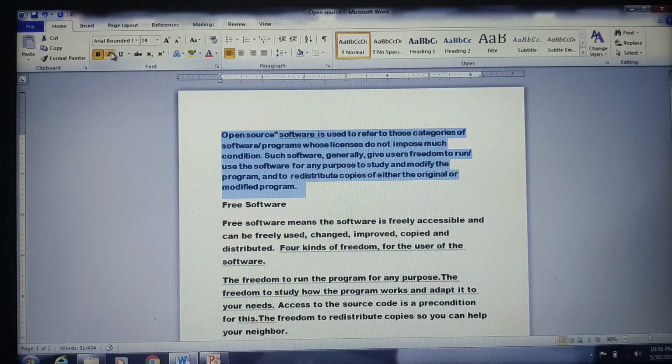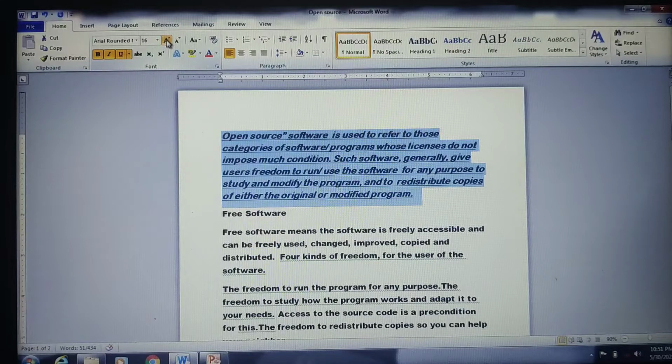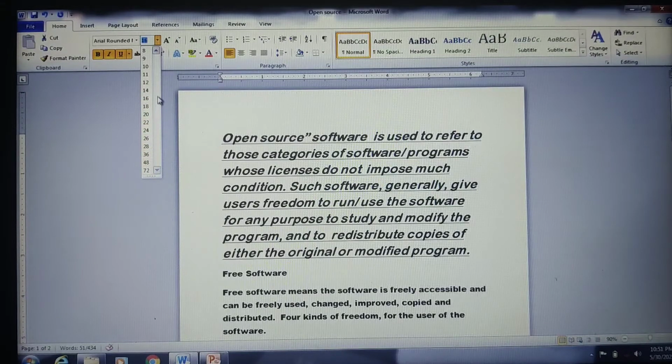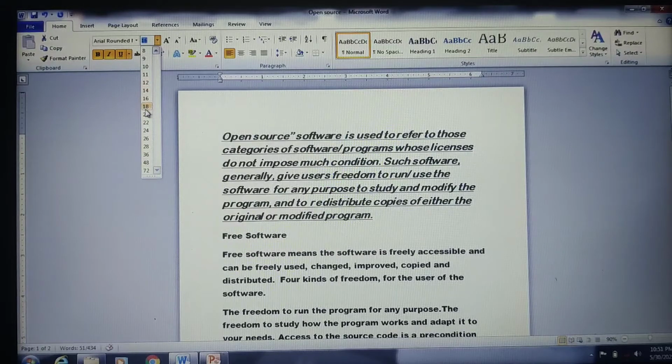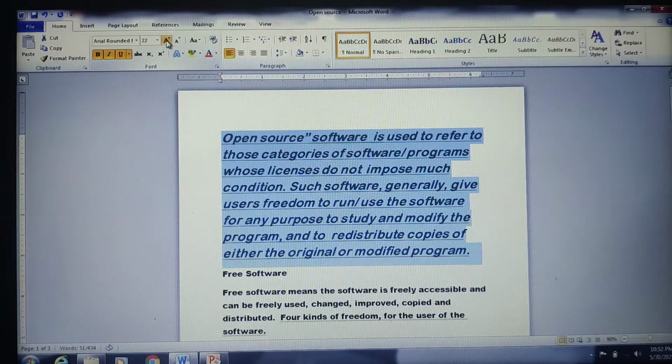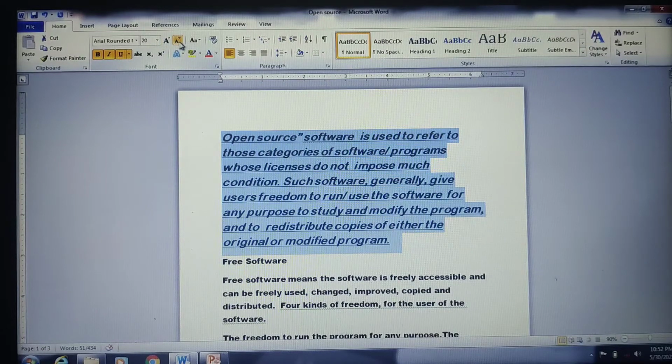All right, now I would like to make it italics. Okay, you can go for the underlining. You can even increase the size of this particular paragraph, or else you can even specify the number. So the highest is 72. So this is how you can change the size of the font. Let me take it as 18 so that you can clearly look at the content. This is how you can increase the size, and this is the option to directly decrease the size. You need not manually go to the font size option. You can even go for increase and decrease directly here.